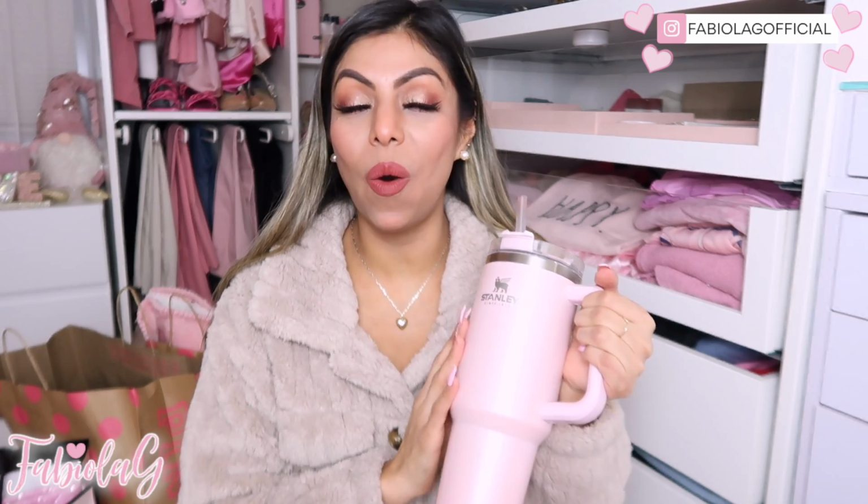This has been like the only way I can get myself to drink water from this cup. It literally keeps it ice cold for hours. I'm going to link it down below, but it is the Stanley cup and it's in this beautiful, perfect shade